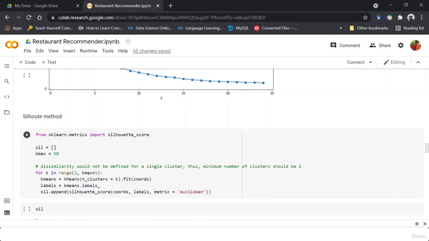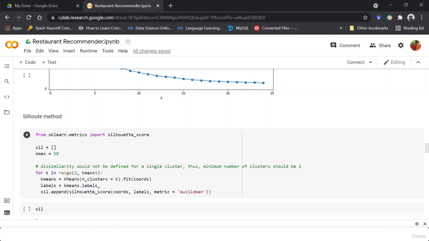For computing that, first we compute the average distance of a point with all other points in the same cluster. Meaning, let's say there are three clusters, cluster 1, 2, and 3, and each cluster has 3 points. For the first cluster, taking the first point from that cluster, we compute the distance to the two other points that belong to the same cluster. We take the average of that.